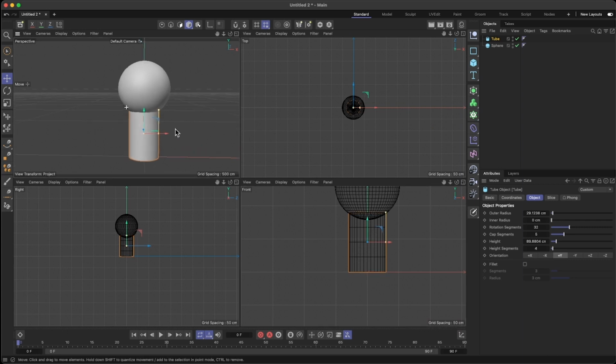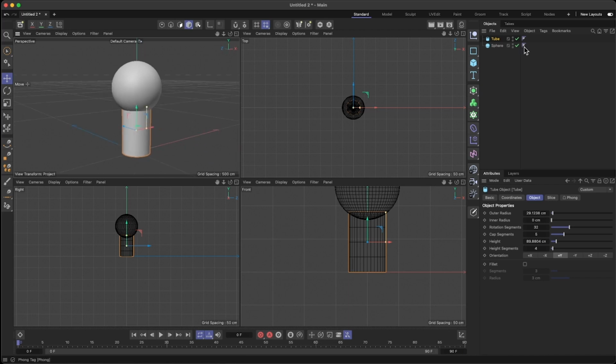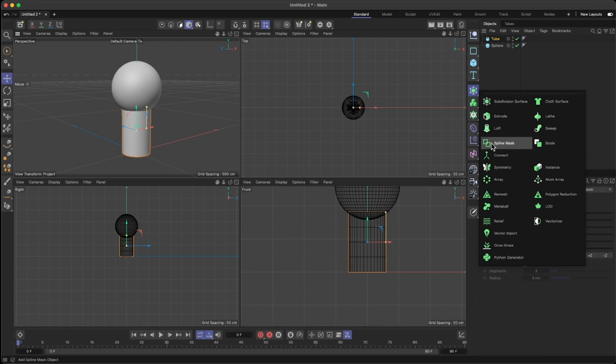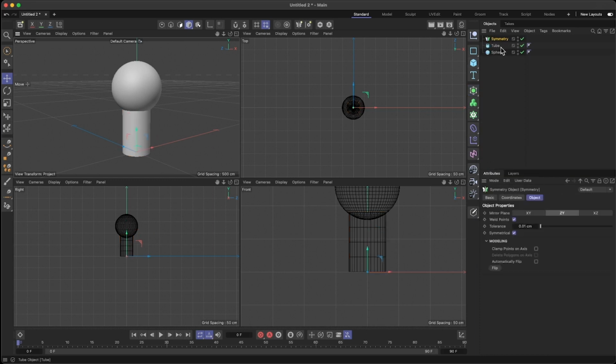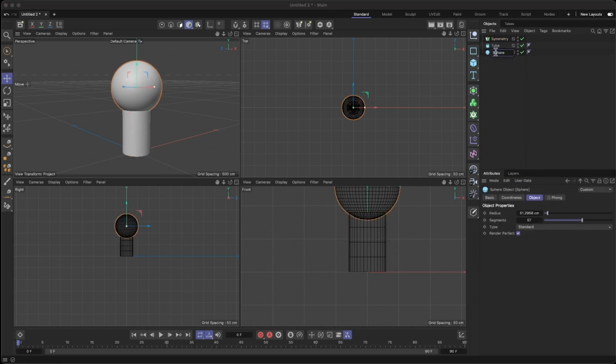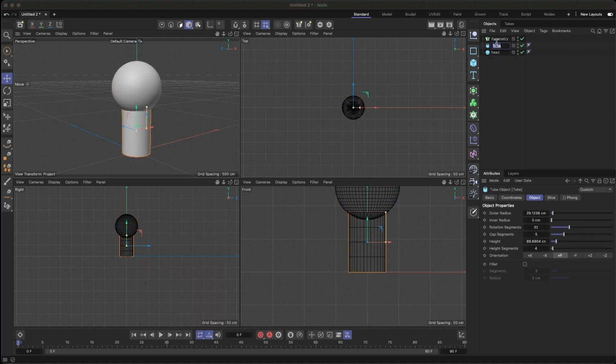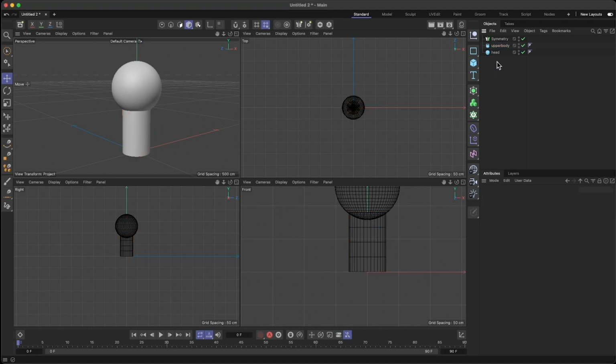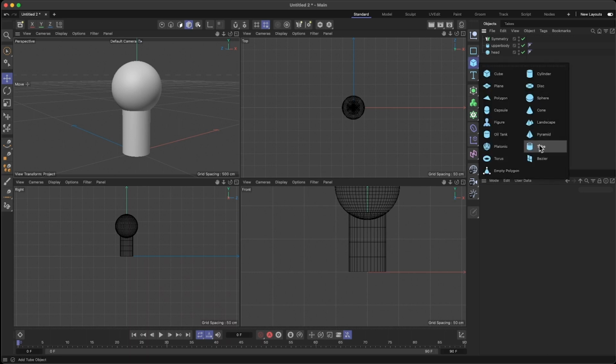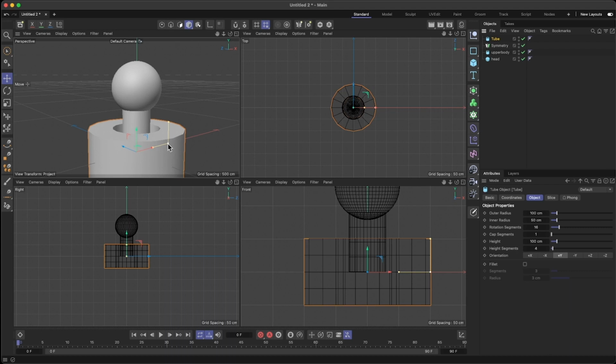This is gonna be a part of the body, at least for now. And the tool that I need to use is called Symmetry, which you can find right there. Let me just type the names here: head, body. Let's go with upper body. That's good. Upper body, and then what I'm going to do now is get another cylinder, and this one I'm going to use for